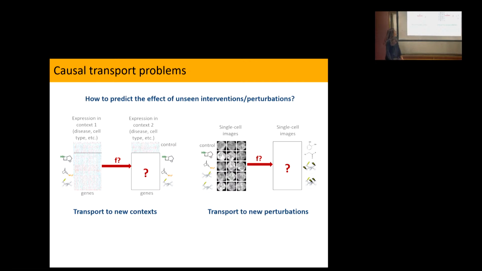Or ultimately, what you would love to do is, you have all these perturbations applied in the mouse. Can you now tell me in the human what will happen when I'm doing that? That's the ultimate kind of context switch that you would like to be able to understand. So this is a transport between different contexts, okay, which underlies a whole lot of questions that you might be interested in. Here is another one.